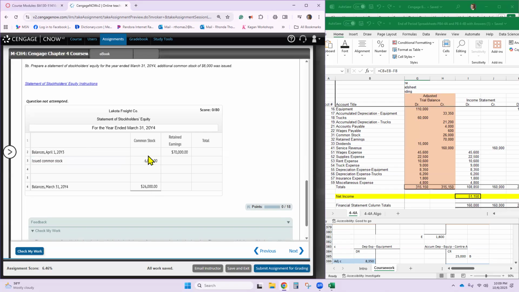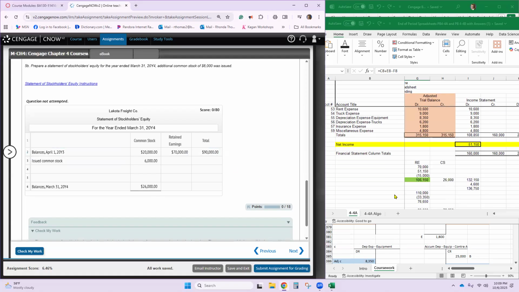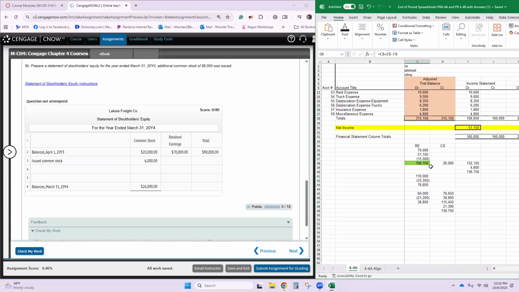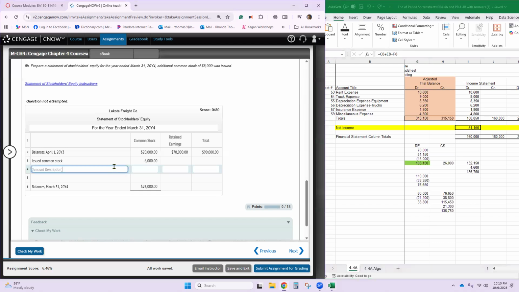Now, what would have been the beginning balance in common stock? It would have been 20,000. So then we're going to add across. Okay, I think I've got this. Now, I can't do a spreadsheet really great, but I'll try. Okay, all right, so here is retained earnings. The next one's going to be net income. And all we got to do is look, there it is, 51,150. It gets added to retained earnings.